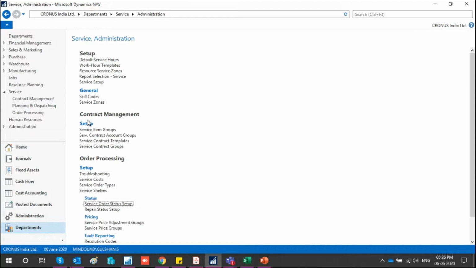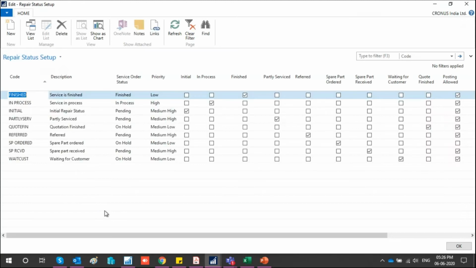This is the status of the whole service order. This is found on the header of the service order. Now coming to repair status setup. Repair status setup and service order status setup have a tight coupling. You can understand that service order status is the status of the complete service order, which is put on the header part.